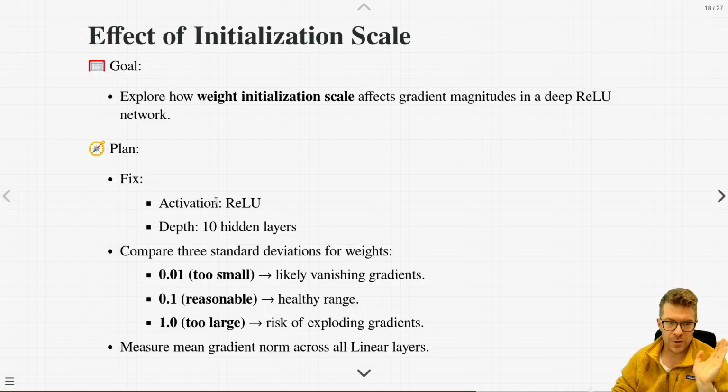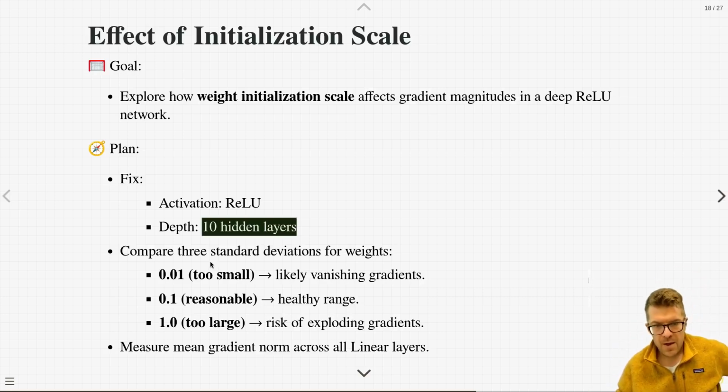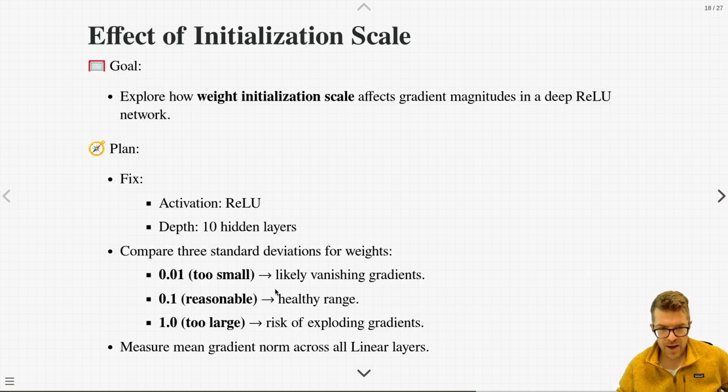Our plan is to fix, we're only going to look at ReLU now. We're only going to look at 10 hidden layers now, so we're not going to modify those anymore. We kind of have some sense of how they behave on random data. We're going to have 3 different standard deviations for weights. We're going to have initialization of our weight matrices where the standard deviation is going to be very small, close to 0.01, a bit more reasonable, at least for this setup, of 0.1, and then one that's too large, a